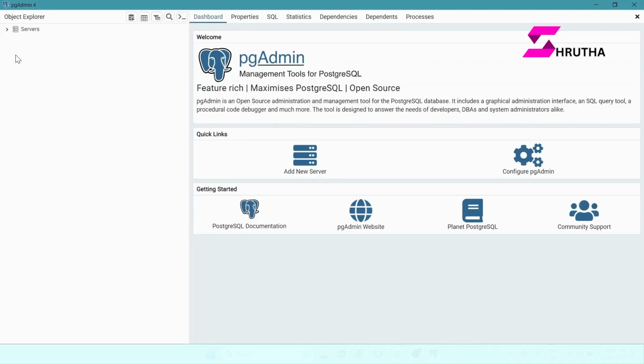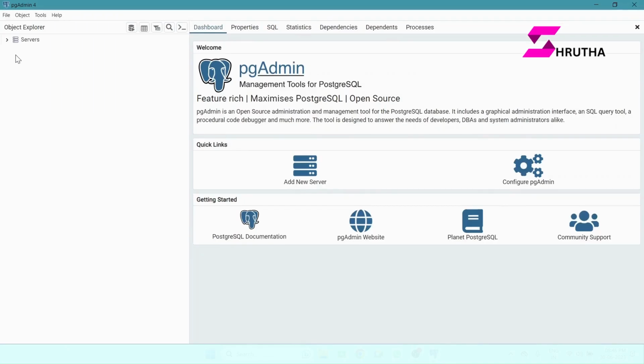In pgAdmin 4, the graphical user interface layout has a left sidebar, a top navigation bar, and a main content area. The left sidebar provides a tree-like view of your server and databases, allowing you to easily navigate through the database objects. The top navigation bar contains various menus and options for managing your databases.